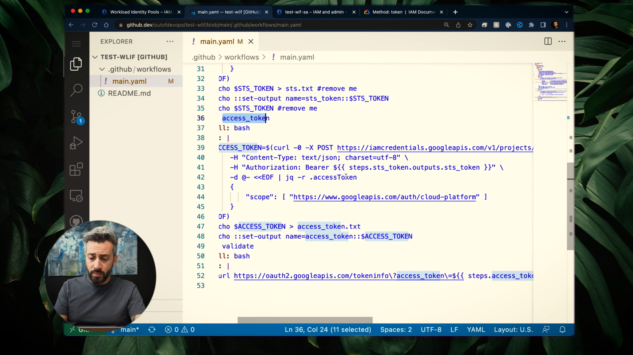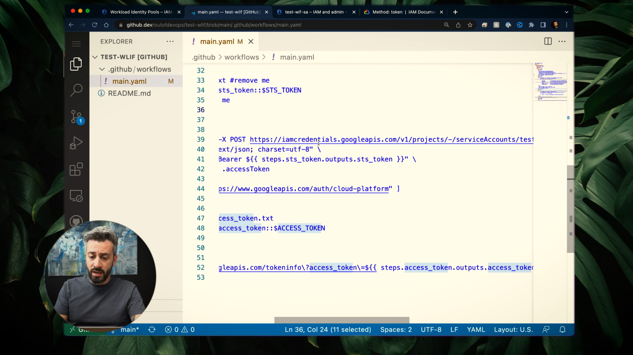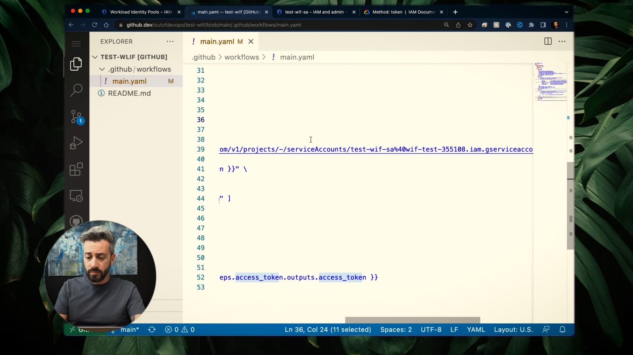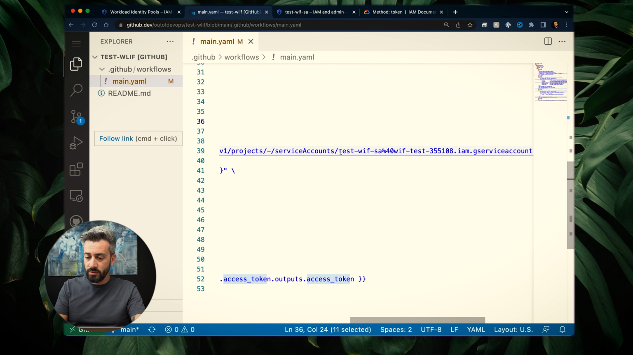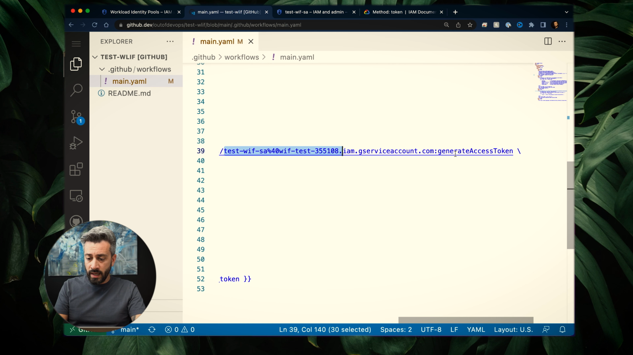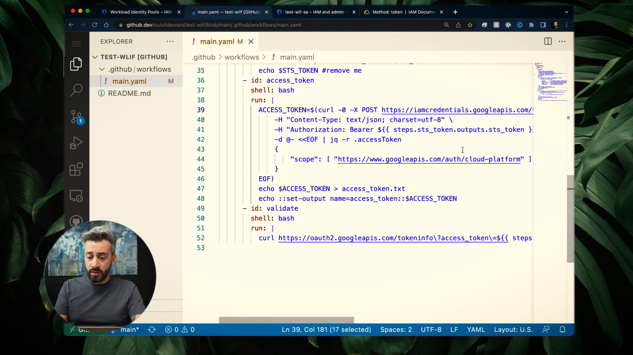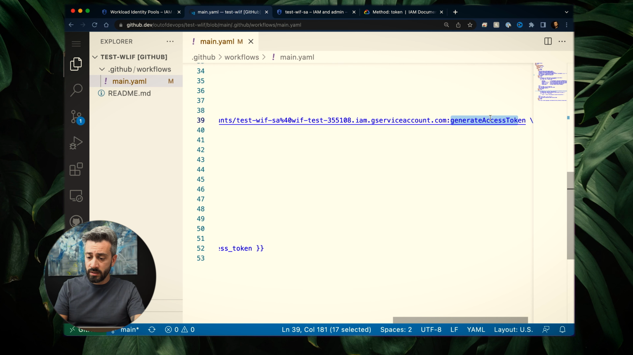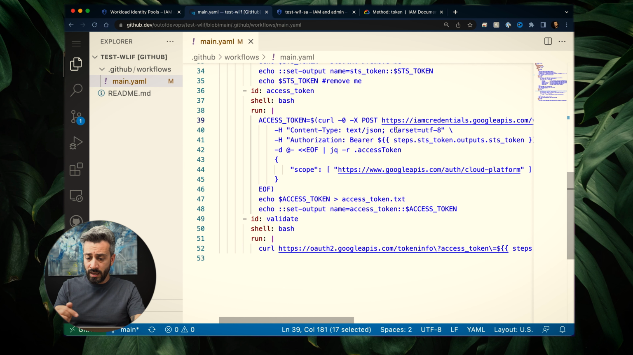So in this step, we are calling the Google API IAM credentials for a specific service account. This one is the name of the service account, and we invoke the method generateAccessToken. This will return to us an access token. There is a description for this as well. If you Google IAM credentials, you will find generateAccessToken, but I will put the link in